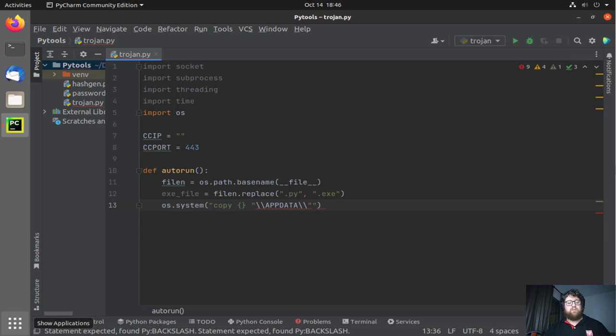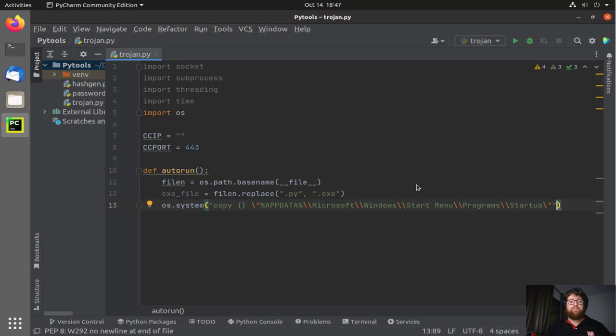Okay, so let's do it here. It's much better to do it here. Yeah, perfect. So we are going to copy to end user and then app data, Microsoft Windows start menu, programs,